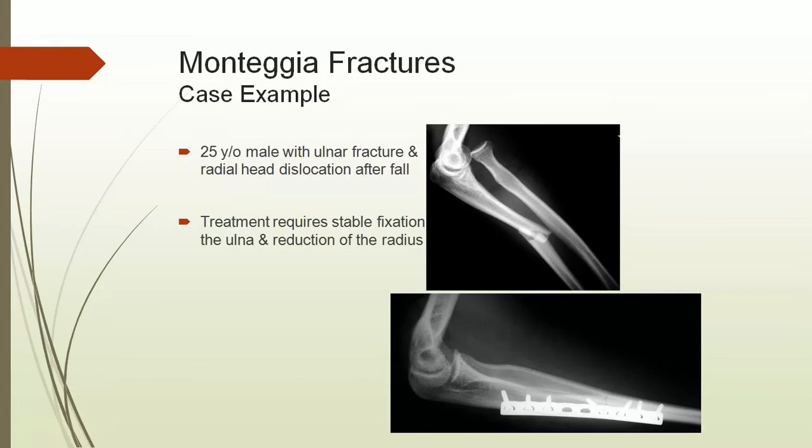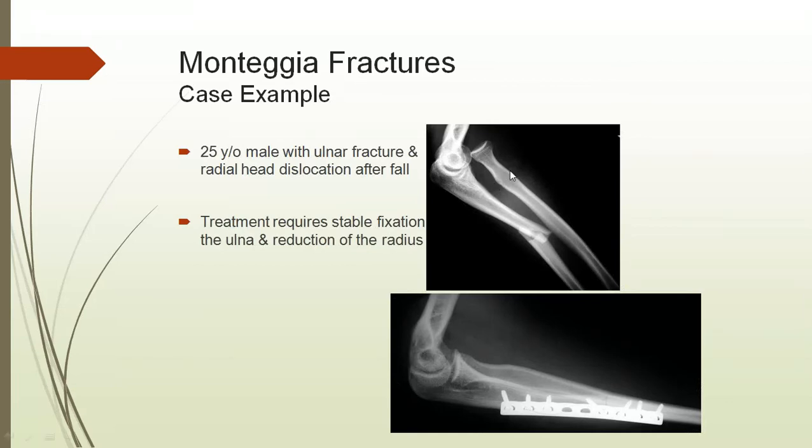So Monteggia fracture, this is an example of Monteggia fracture again. This belongs to which type? Type 1 or 2 or 3 or 4 in classification. You must tell now. What is this? After seeing the X-ray, type 1 or type 2? Because where is the radial head here? Type 1, sir.